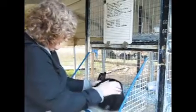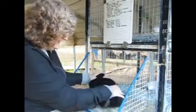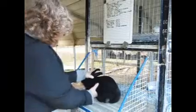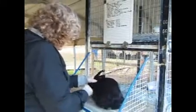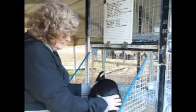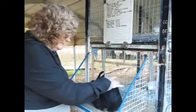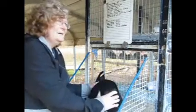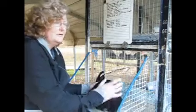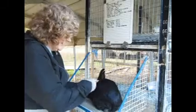With that many scattered white hairs, I bet we're going to find a white spot somewhere because it's got a lot of scattered white hairs. Which is sad. A promising rabbit. Lots of depth. Doesn't have quite the width that the blue sister over there did. Kind of narrow right through here. Not narrow. I shouldn't say narrow. She's not narrow. Not as wide as the blue girl over there. But with all those scattered white hairs,